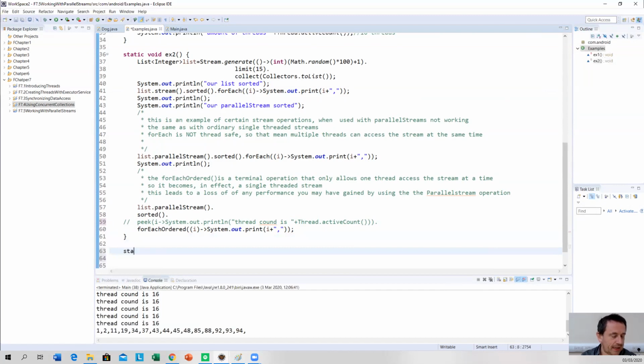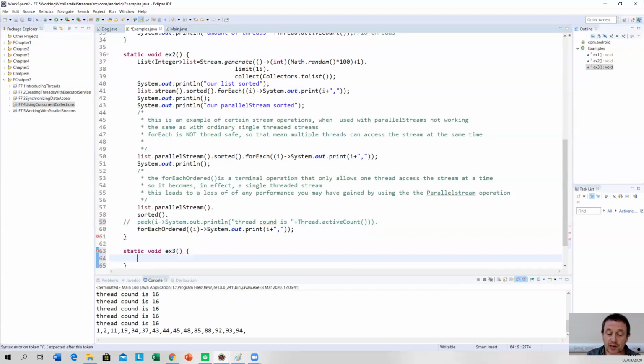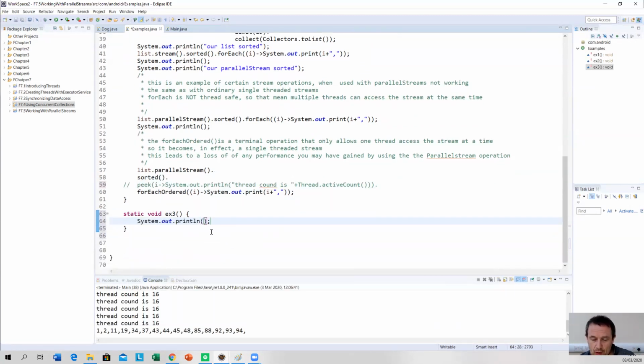So we're going to go static void ex3. This is going to be the single threaded version, and then we're going to do a multi-threaded version of the same thing. All right, so what we're going to do here,